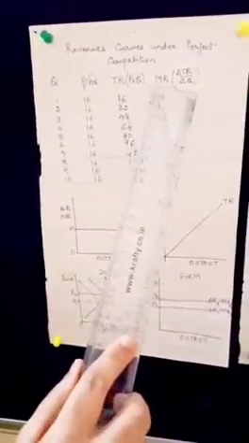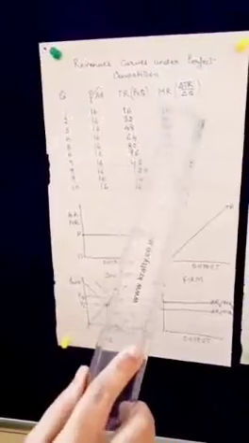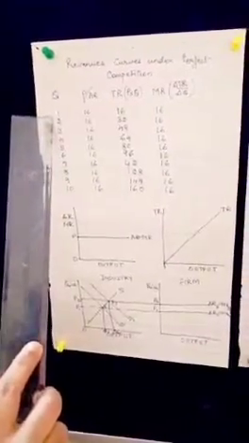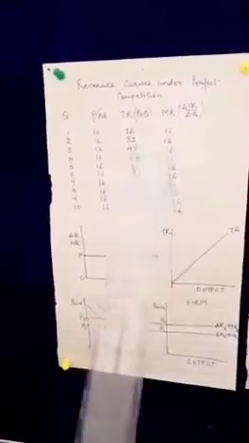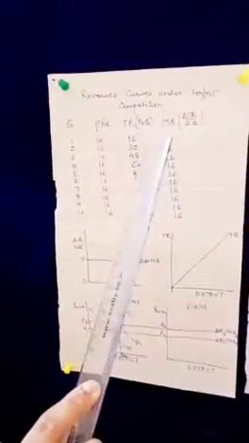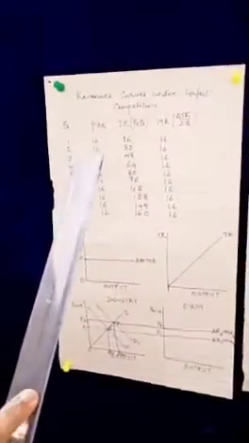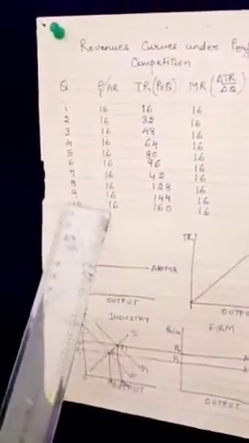Marginal revenue is the additional revenue obtained by selling an additional unit, or we can say marginal revenue is the change in total revenue divided by the change in quantity. That is obtained like (32 minus 16) divided by (2 minus 1), which gives us 16. Next, for example, 48 minus 32, that is the change in total revenue, and 3 minus 2, that is the change in quantity. So we get 16 again. So we see that the marginal revenue is also the same as average revenue.